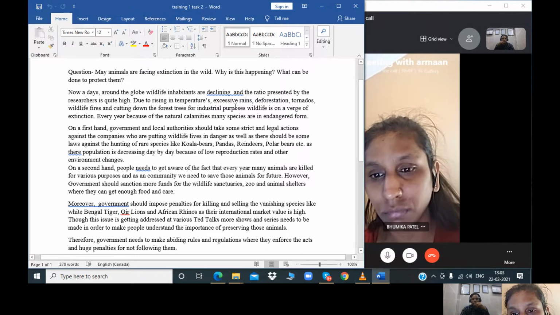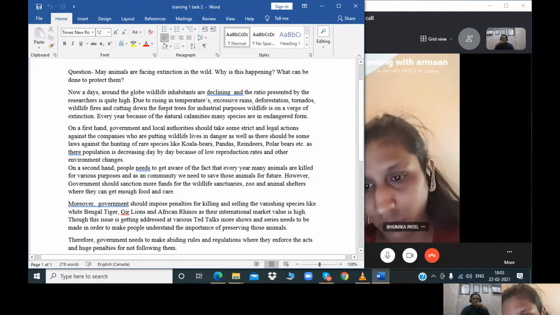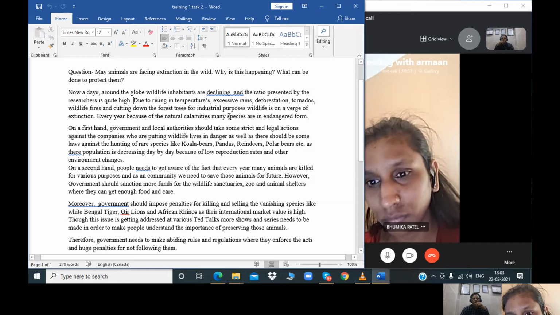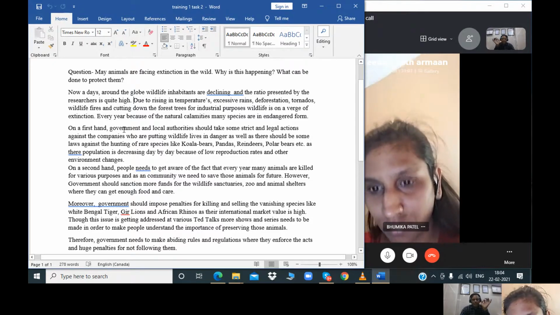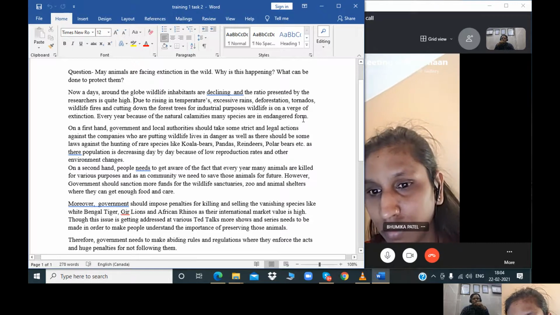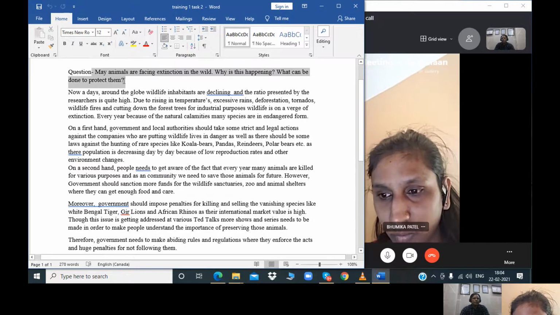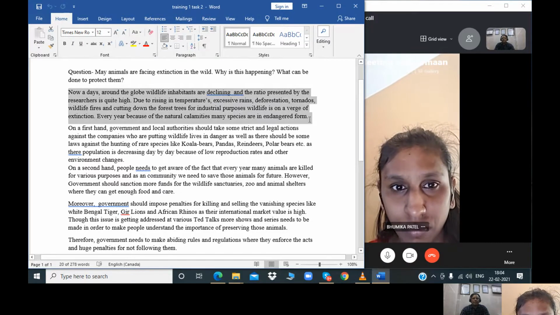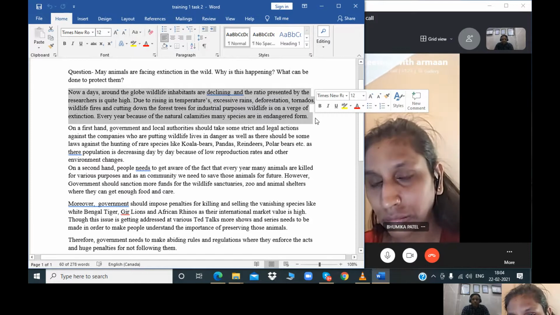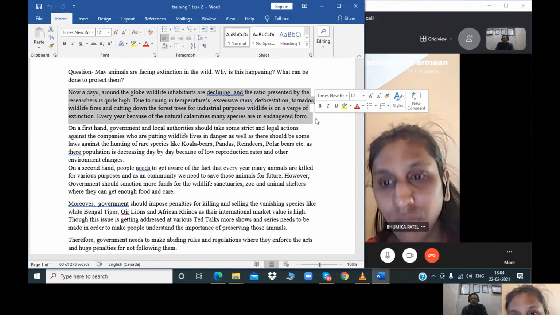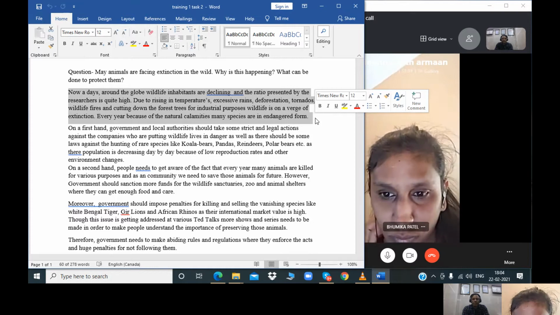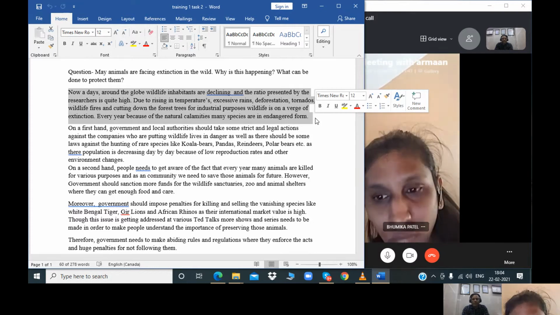such as rising temperature, excessive rains, deforestation, tornadoes, and cutting down the forest trees for industrial purpose. Then my essay shall explain, I will explain my point of view in the further paragraphs. Every year, because of natural calamities, many species are in danger. So this is a question, and this is your paraphrasing. It is good that you have written, but again, I'm saying you start with a thesis statement. Yes, it is true that some particular species of animals are disappearing,